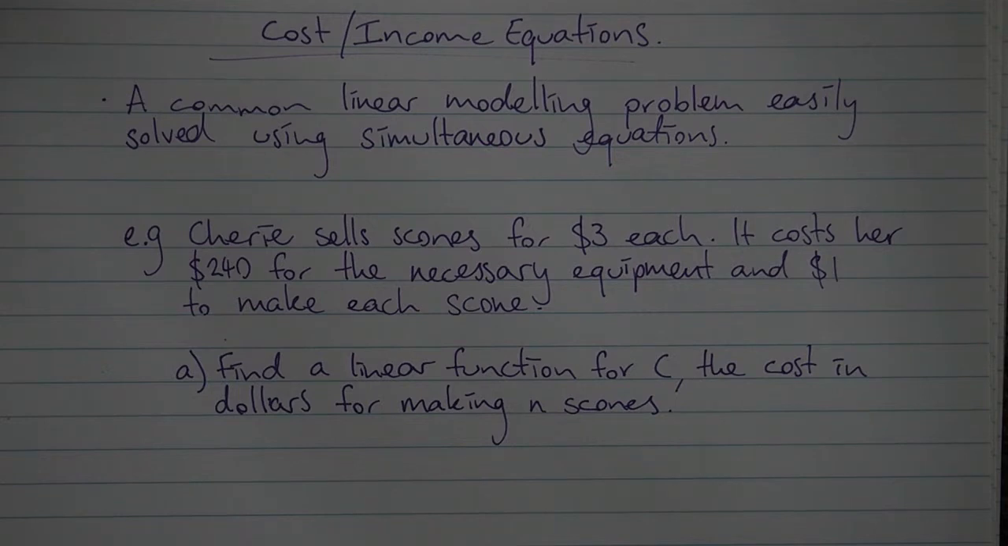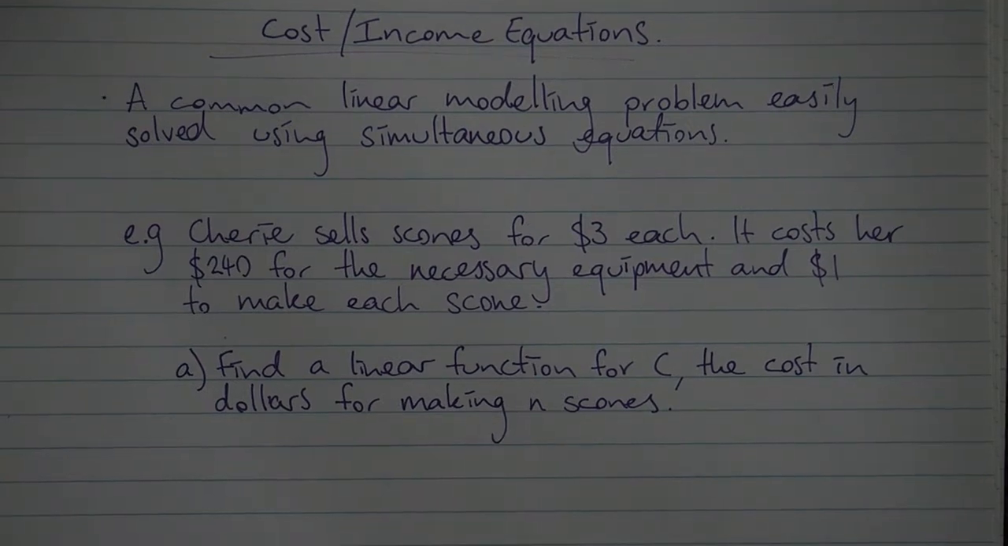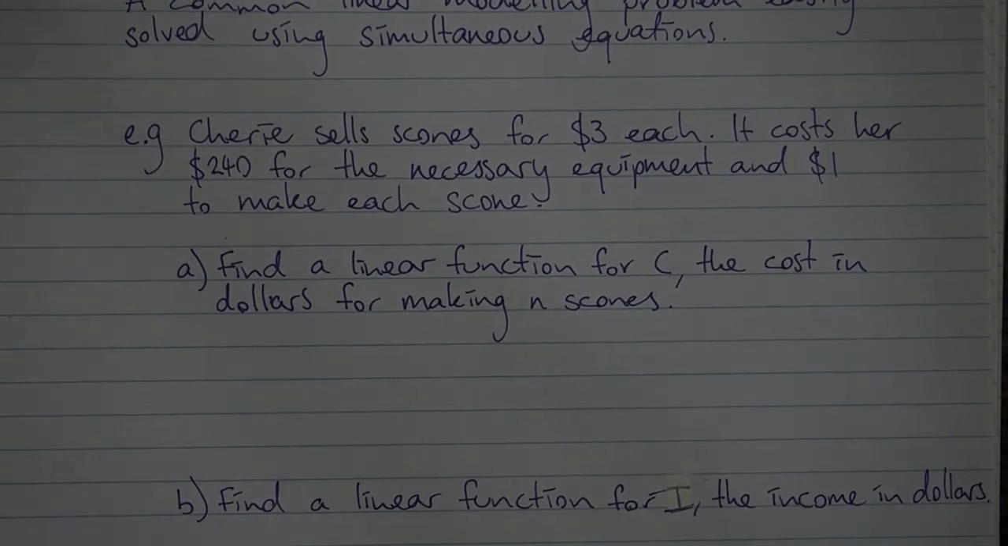Okay, so let's have a look at the example that we've got here today. Cherie sells scones for $3 each. It costs her $240 for the necessary equipment and $1 to make each scone. So we want to find a linear function for C, which is the cost in dollars for making N scones. Okay, so we're going to have our cost